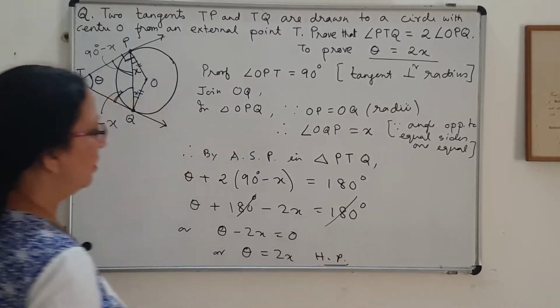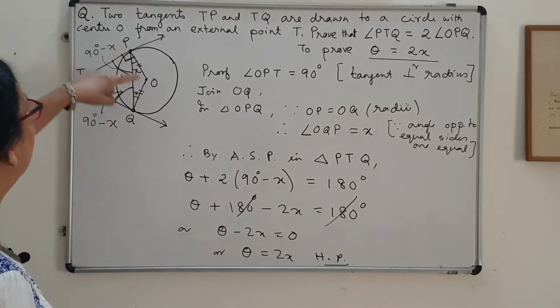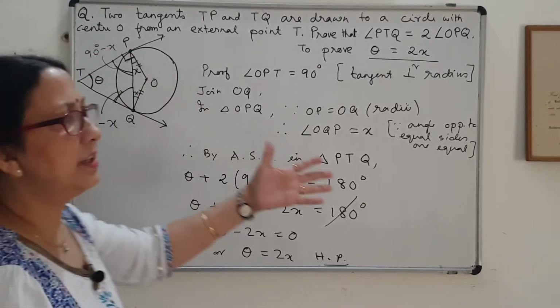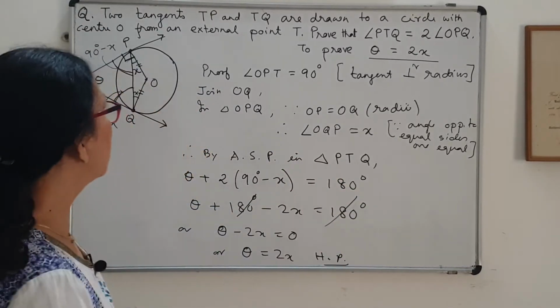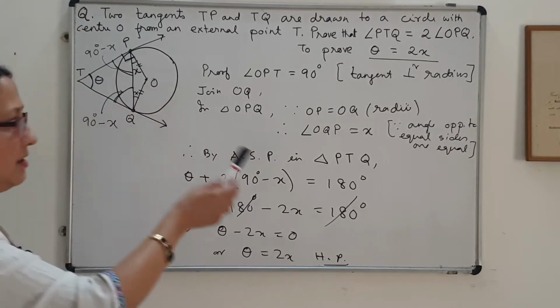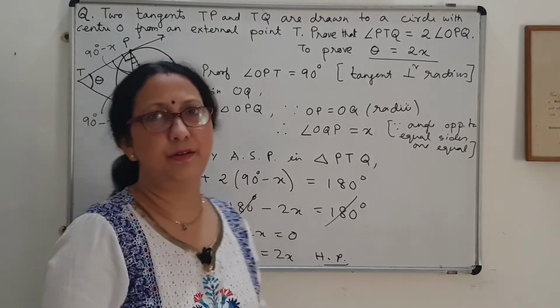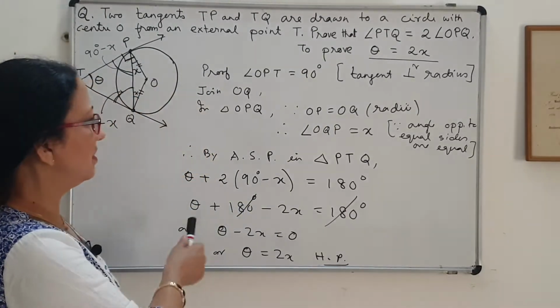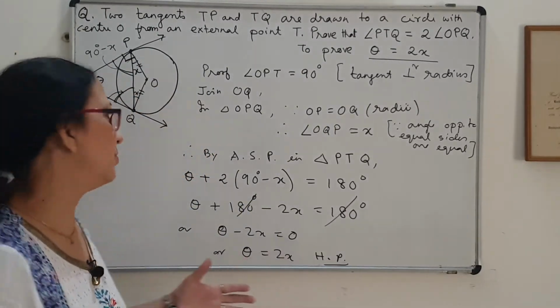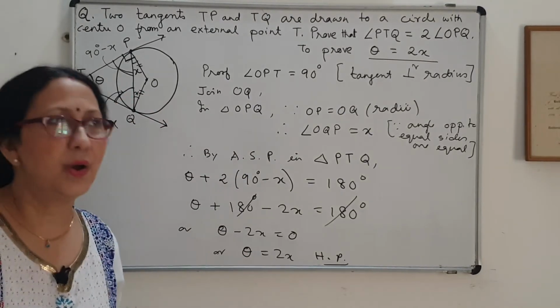So you see, if I solve in this way, instead of writing the angles OPQ, OQP, etc., it would be very complicated, and you may be confused. So I have expressed the angles in terms of two variables x and theta, so that I can solve it algebraically very easily. My steps are very few and it is very simple, not complicated at all. So observe these methods I am using for solving this kind of question.